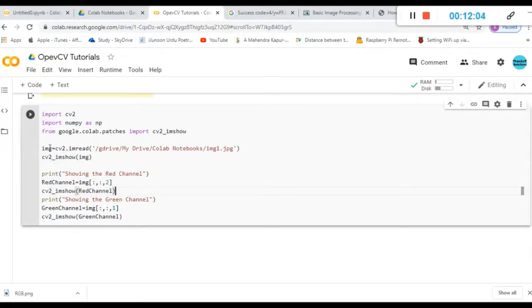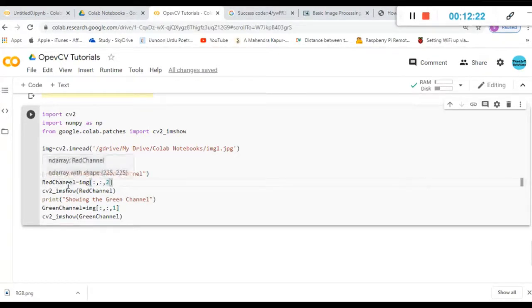So img is my variable which has got this particular image pixel value, so it's a 3D array. From that I'm choosing all elements in X, I'm choosing all elements in Y, and I'm choosing the second layer. It means I'm choosing the red layer. I've given it a variable name called red channel, and I'm using cv2.imshow to print that particular red channel.